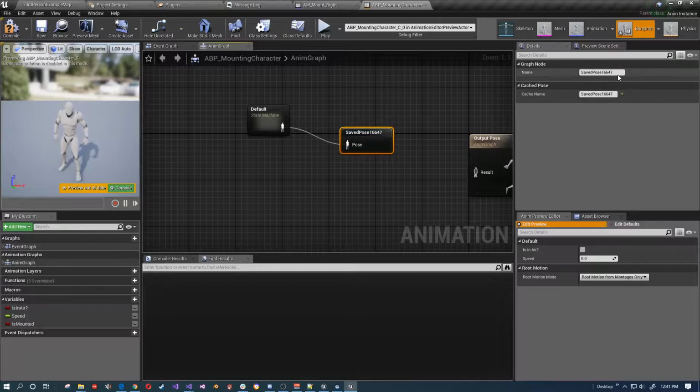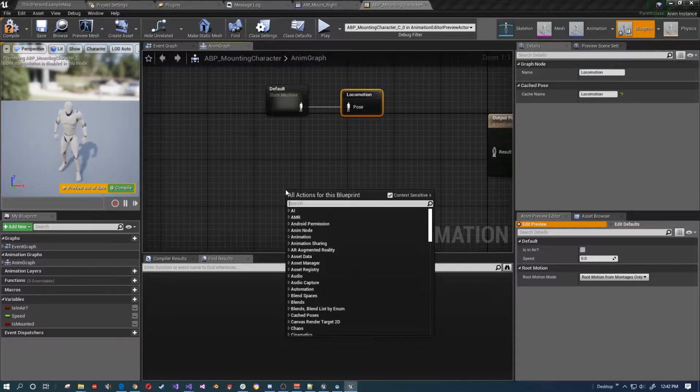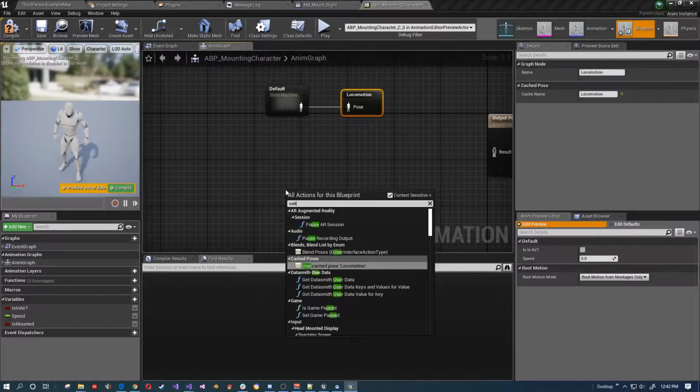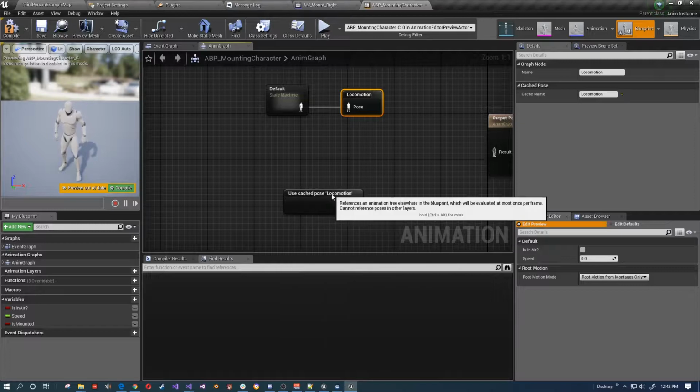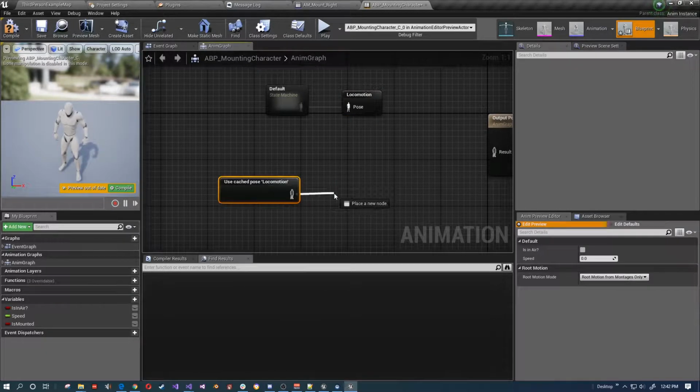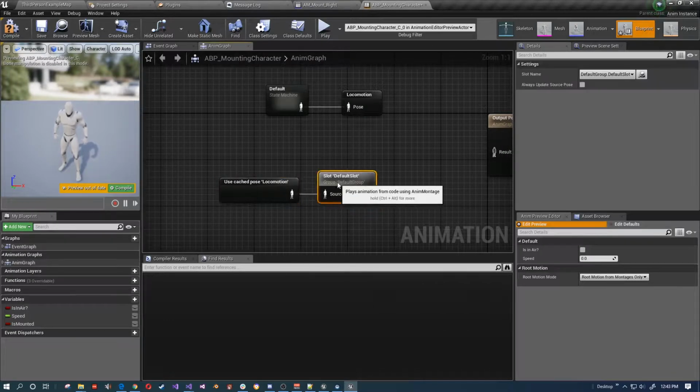We're going to call this locomotion. Right click, use cached pose locomotion. And then we're going to feed this through a slot. And so what this will do is